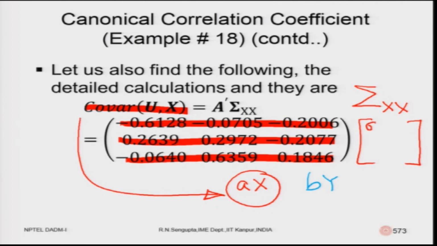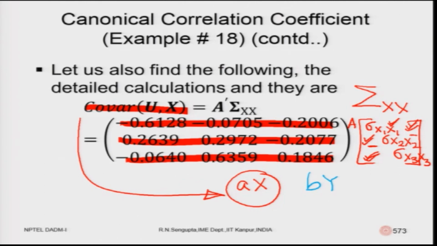So, the first one will be sigma x 11 and the last one will be x 33, and the second element will be sigma x 2. The off-diagonal elements, which are this one, are mirror images; this one is a mirror image and this one would be the mirror image. So, those values, when you multiply with A, is a vector.